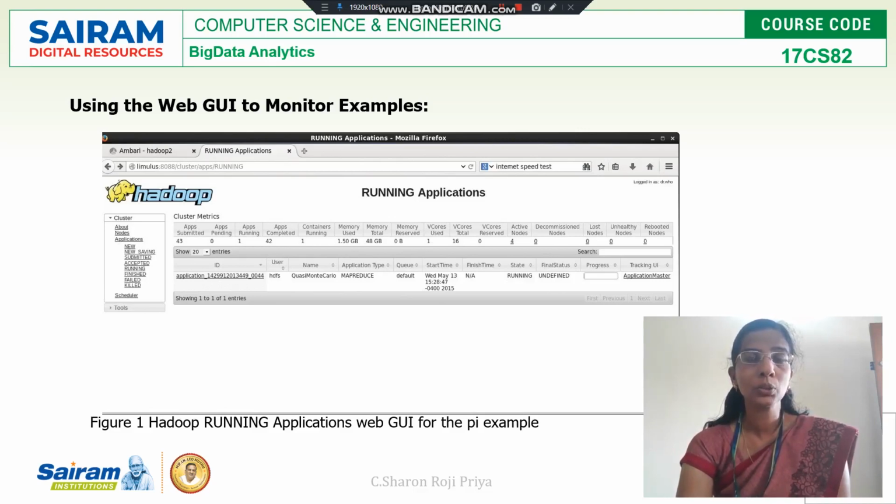But here in version 2, it is not fixed, and I will be naming them containers. Containers will have these mappers and reducers.